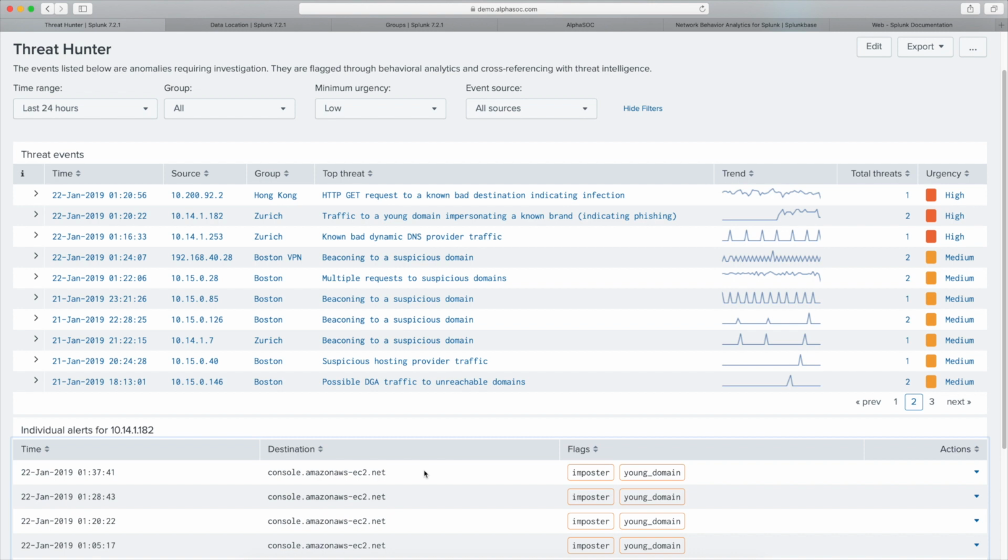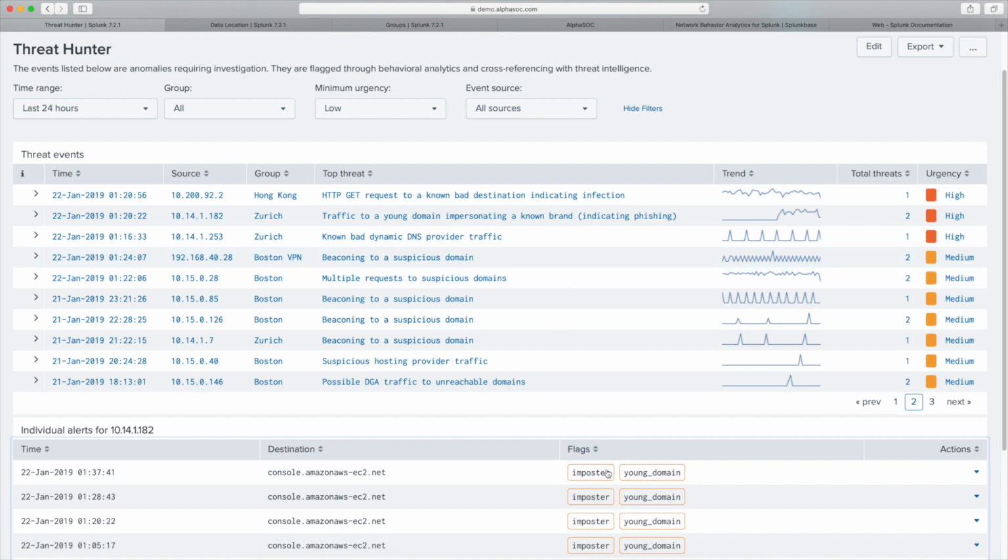And then because we're whoising the domains and we're able to understand when the domains were created, we can flag them as young or old. So if the engine runs into an imposter domain that has been registered within the last couple of weeks,